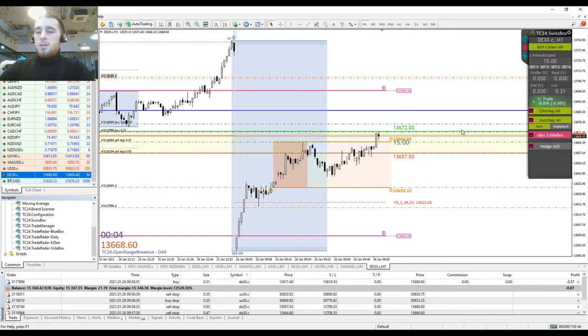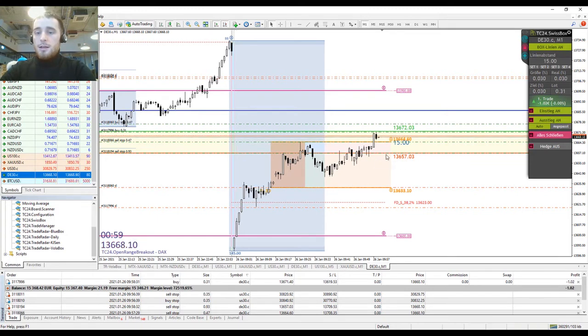But should the market now come down through past the red line, it will trigger our second, and in the box it will say 2.trade, and then it will be a red color telling us that it is a sell that's open. And in turn, the take profit will then jump from the top of our chart down to the